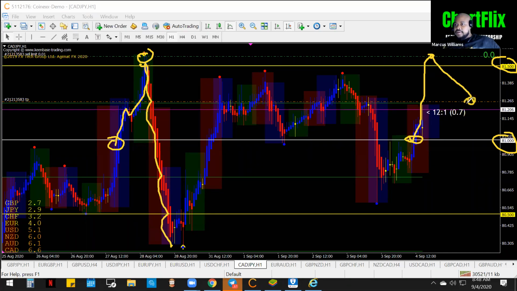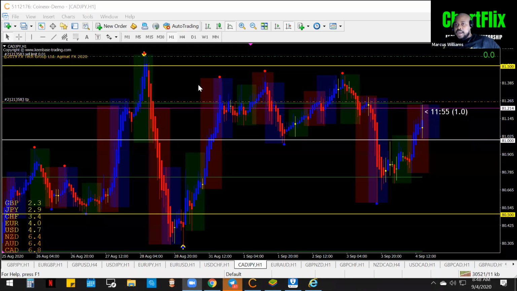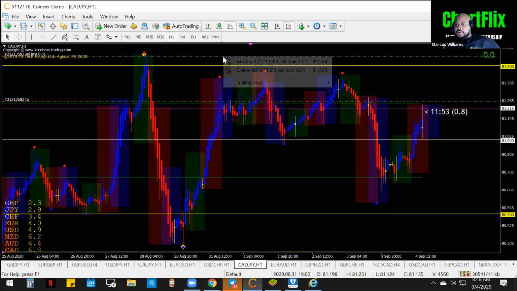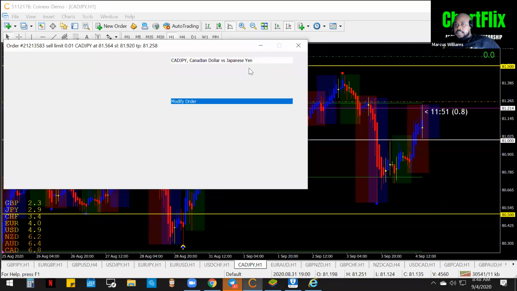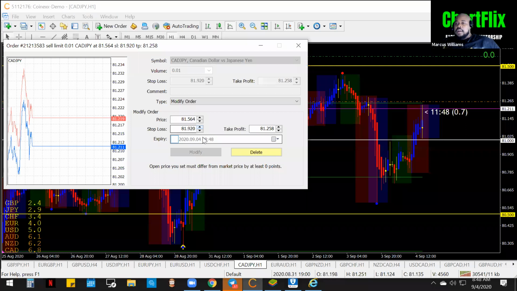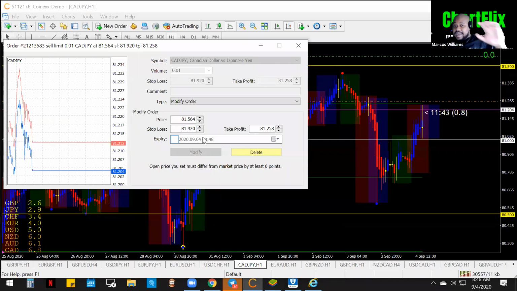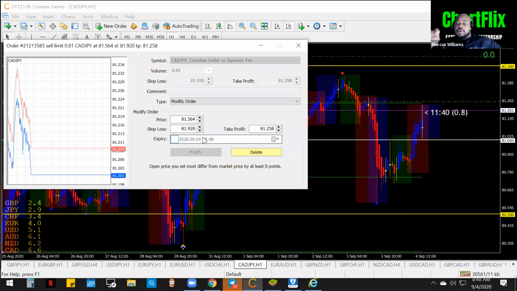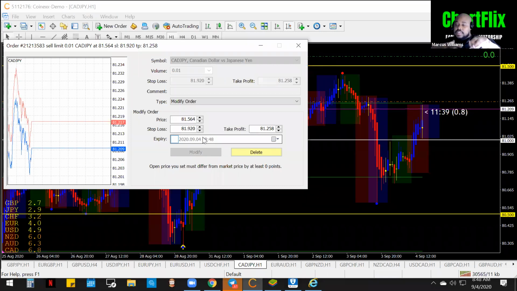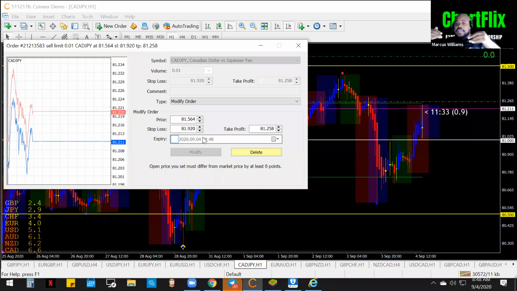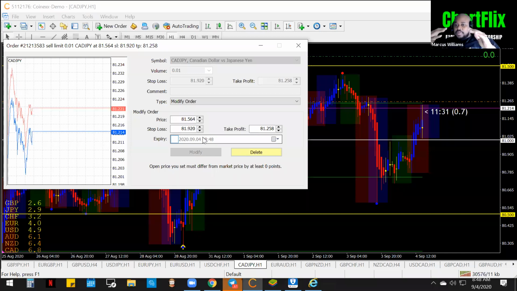grab my pending order, and pull it back down at least to this TP, right? So I'm going to give you a trade that you can put right now if you want to place a pending order trade. Here you go. Take a look at this. This is Canadian dollar. These are the specifics on this trade using this football strategy. Now listen, past profits do not guarantee future results. You take these trade ideas on your own. I am not an investment advisor. These are my trade ideas, okay? But this particular strategy is amazing. It is amazing, right?